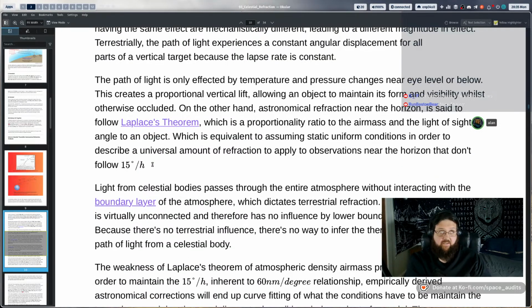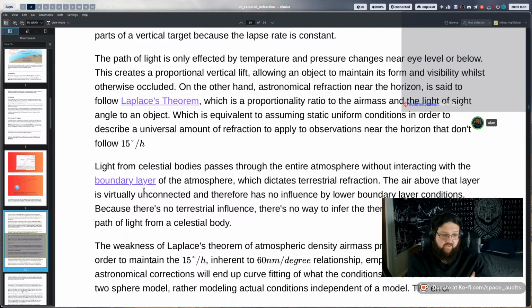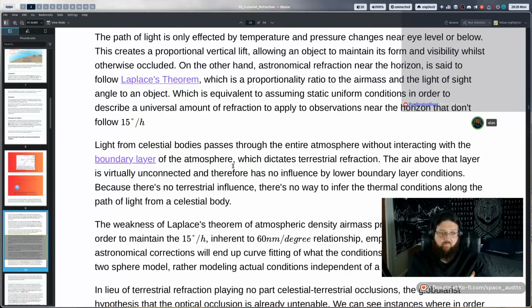So this is the foundational premise, the axiom to which all calculations and models of celestial refraction are built upon, so that the GG Bennett guy could empirically derive those coefficients to fit the actual observations. And using Laplace's theorem of air density is how they build the computational model to outwardly project the uniform spherical gradient of atmosphere that is required to bend the light in such a way that it maintains that 15 degree per hour usefulness, just perfectly compensating.